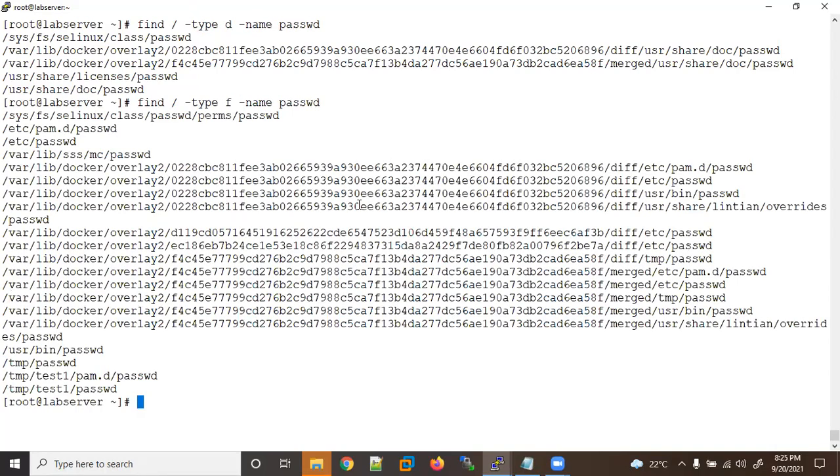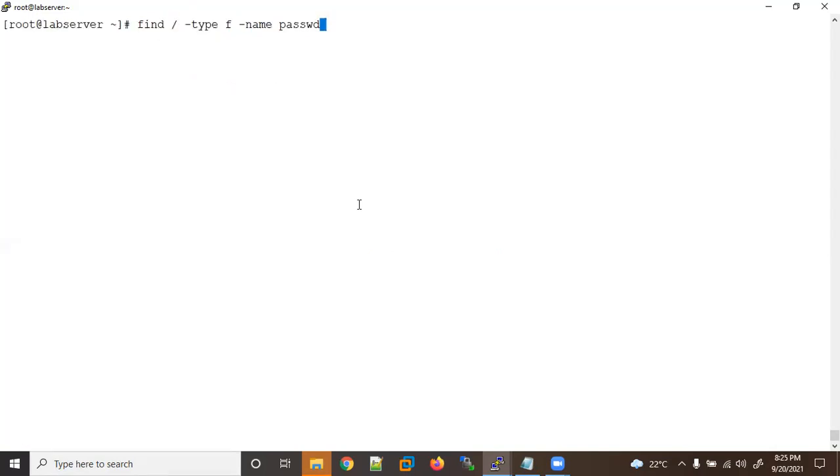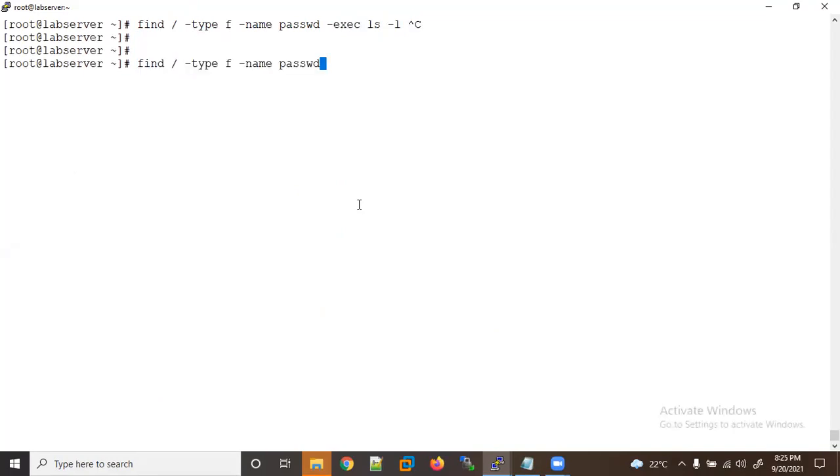But if you want to see the files with more detailed information, like the ls -l command, we can do that. We use hyphen exec, and I want to execute the command ls -l, with two curly braces, which work like a loop.